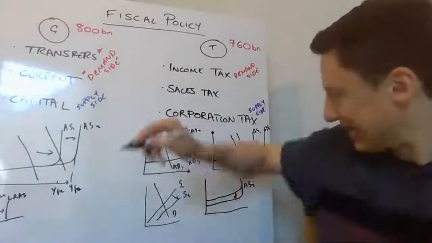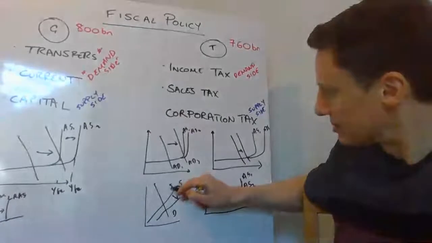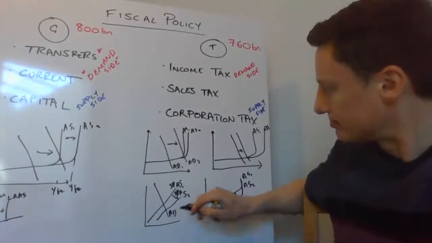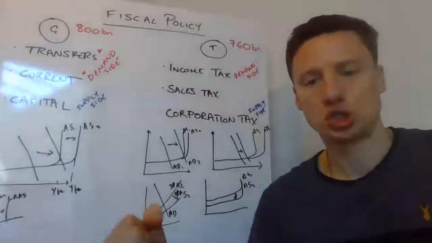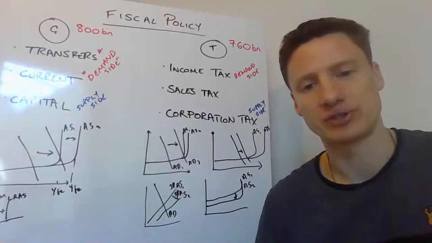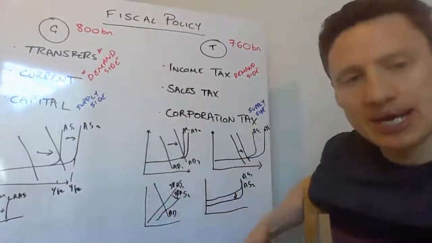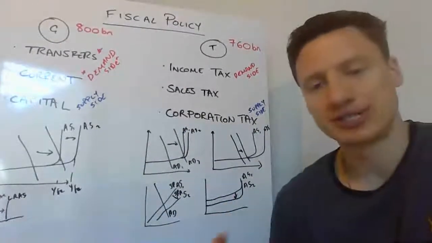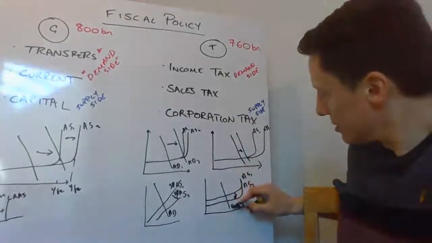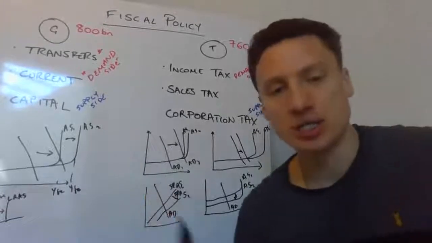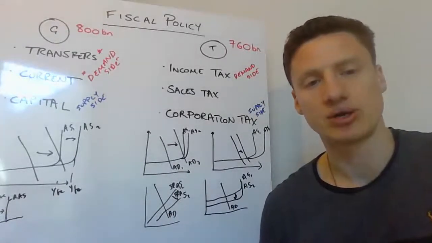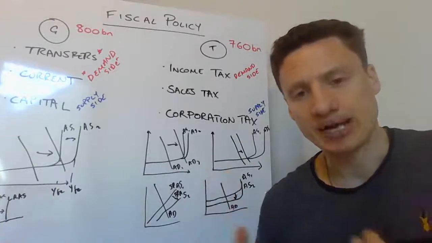If you prefer the classical lens, then simply think about it in these terms, okay? That we have shifted the short run aggregate supply curve to the right. That's the same for me as in the Keynesian diagram, shifting the AS curve downwards. We didn't change the demand curve in the microeconomic diagram, so I don't see any reason to change the demand curve in the macro diagram.